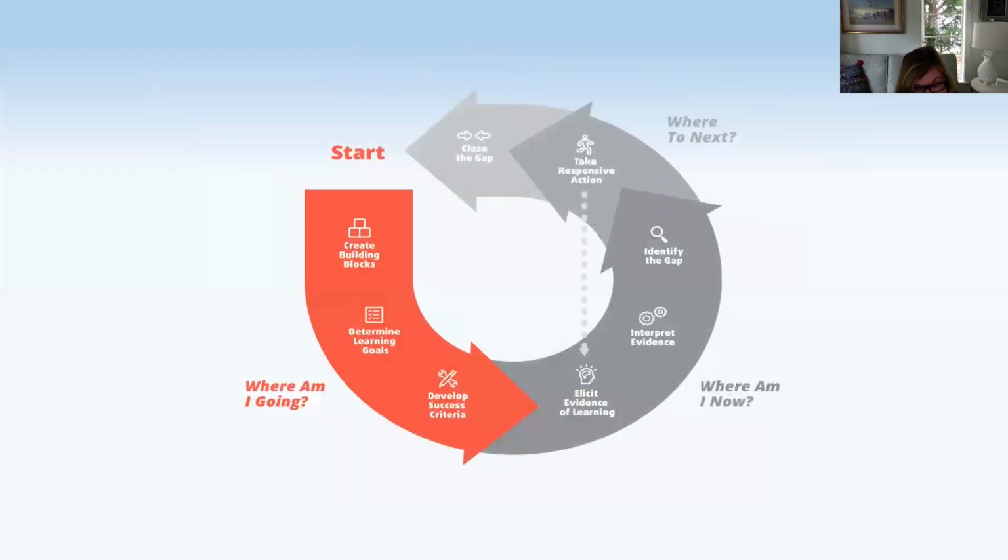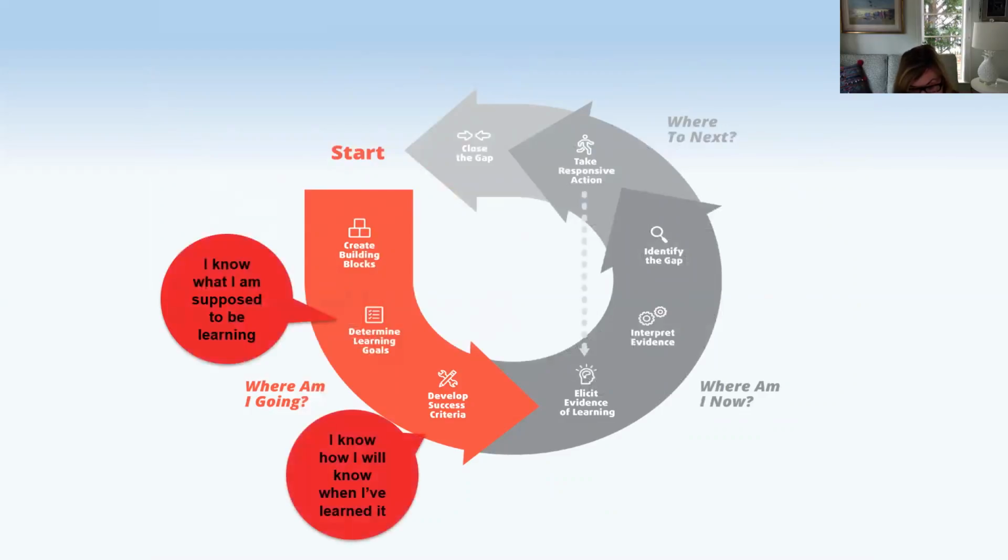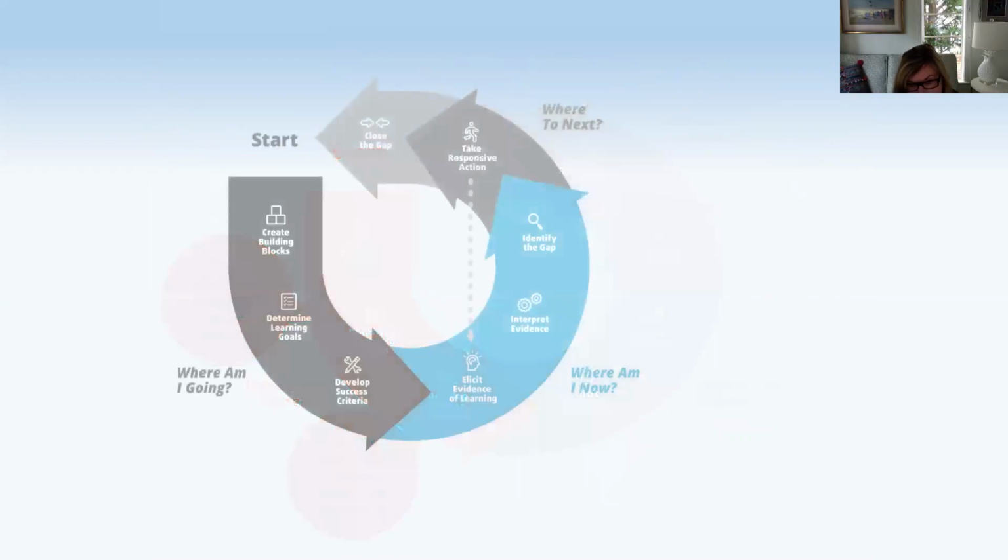And so the same questions as we have for teachers are the same for students. What am I learning? So students should be able to say what they're supposed to be learning and why they're learning it. And they should also be able to say how they'll know if they've learned it. So that's the red zone. Where am I going? So if we move to the next question, where am I now, in the blue zone,